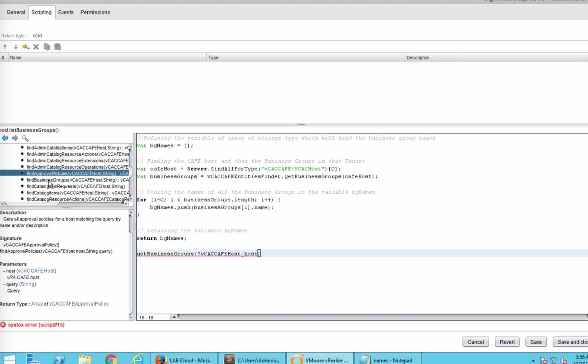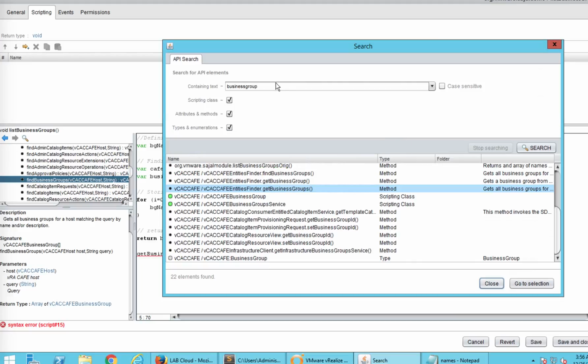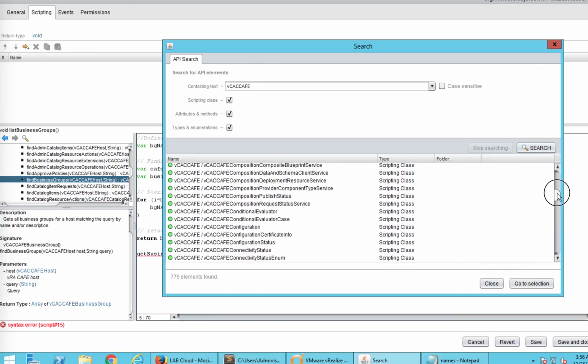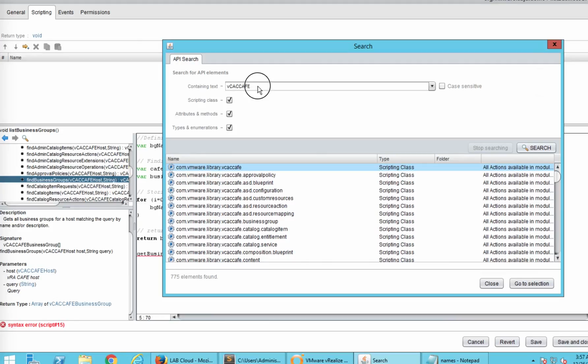Similarly, what I want here, I want to find the business groups. So what I would do, I would give the class name first, or the object name first, dot the method. Now for this, I need to find the cafe host. How do I find the cafe host? I know for sure that in vRO term it is known as VCAC CAFE. This is the cafe. So what I can see, there are a lot of modules that are available, but what I want to say probably